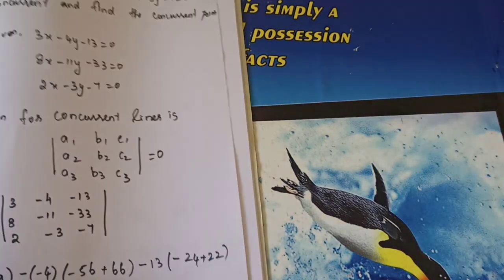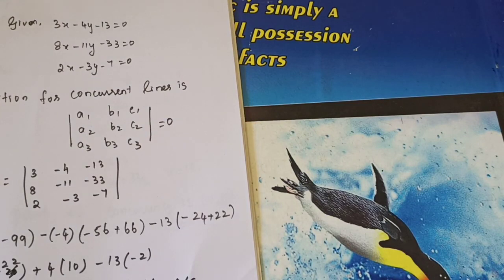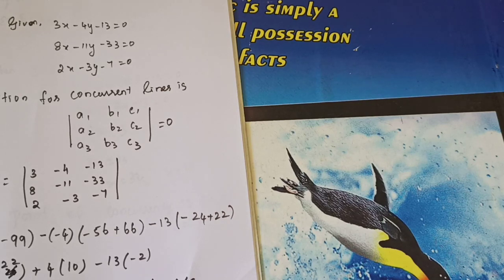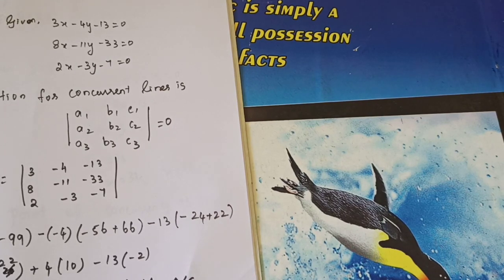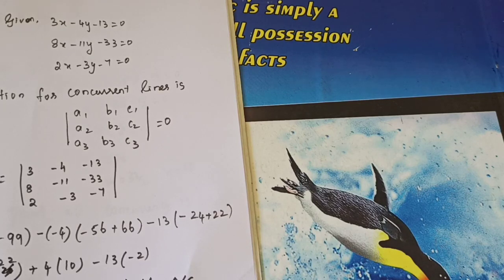Understand? When you are seeing it, you will think it's a big problem. No. Okay, determinant value 0 means we will say the given lines are concurrent. If they ask to find the concurrent point, take any two equations and solve them and find the x and y values. That's the point of concurrency. Understand? Okay, so this much is enough for today. So we have completed up to example 3.7.